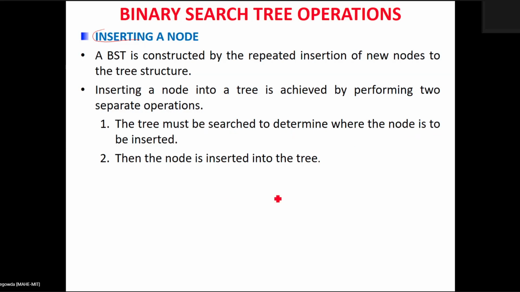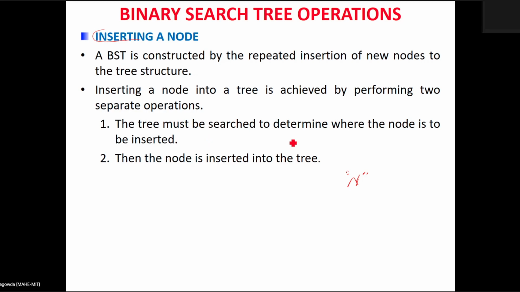That means, for example, if you are given a BST and a value n that you wanted to insert into the binary search tree, first you have to find the ideal location where exactly n can fit into the BST. That way, after insertion, the resultant tree should satisfy all the properties of the binary search tree.